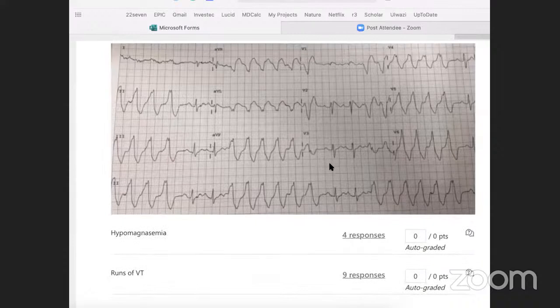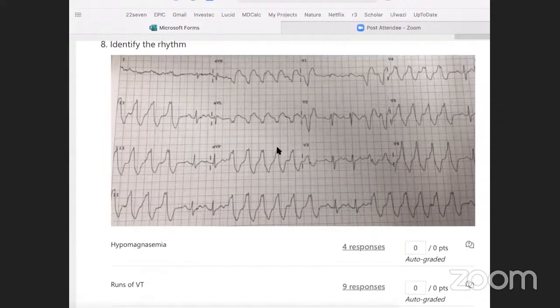However, the correct answer, a technique when we have very bizarre beats, we know that these are ectopic, broad, bizarre, wide, and then we can see that there is capture again. So we have a P, QRS, there's our T wave, we have a P wave, QRS, and then it starts again, and we get these sort of runs of ventricular tachycardia. And the key when we see something as bizarre as this is to look where there is no noise.